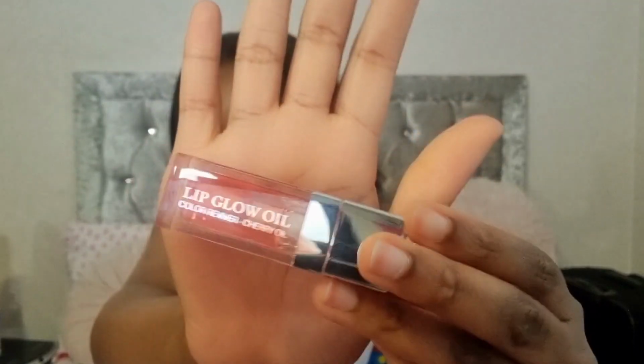Lip glow oil, color reviver, cherry oil. So this is the cherry oil. This is it. It's just got the pink. Again, I'm not looking off camera, I'm just looking at my face for right now. There it is, and then you open it up